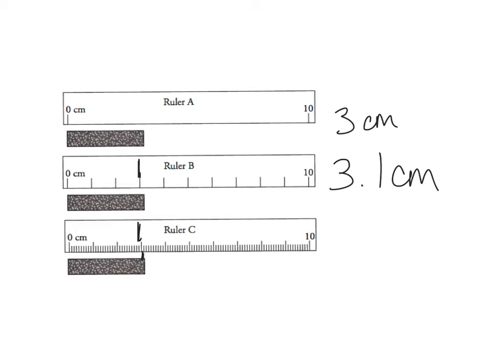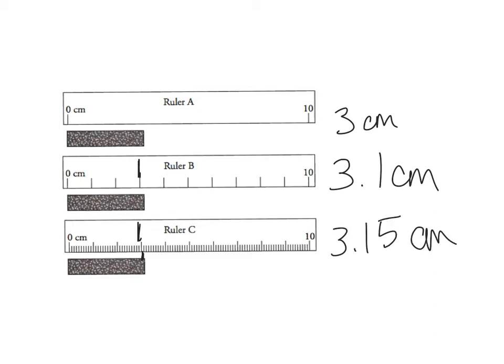I can take that measurement, I can compare it to the ruler, and I can argue with anyone who wants to walk into my door, this thing is at least 3.1 centimeters long. I'm not guessing at that. I know it. The ruler says it is 3.1, but you always have to take a guess. So we're going to go 1 decimal further. I know that I have at least 3 centimeters. I know I have at least 3.1 centimeters. It looks like maybe it's between 0.1 and 0.2, so we're going to say 3.15